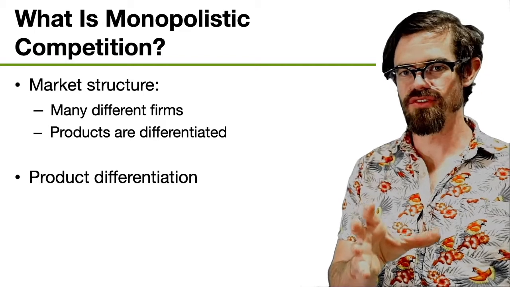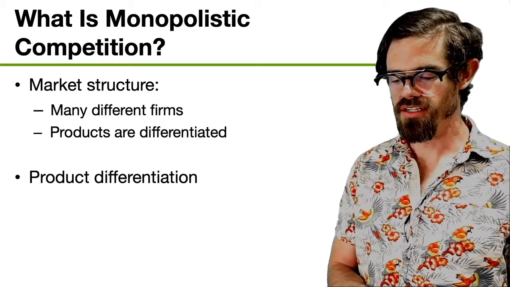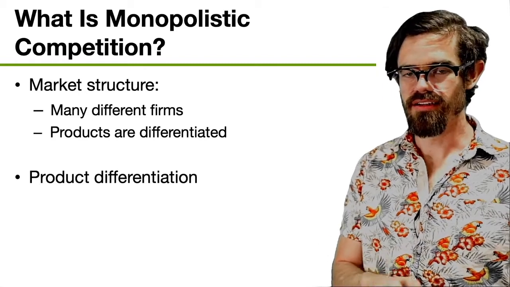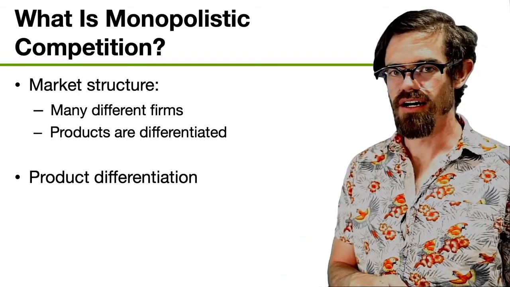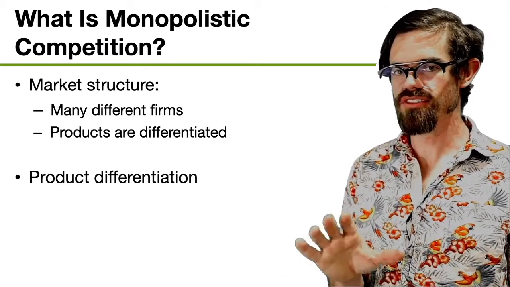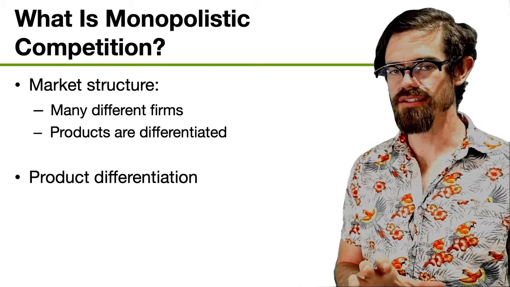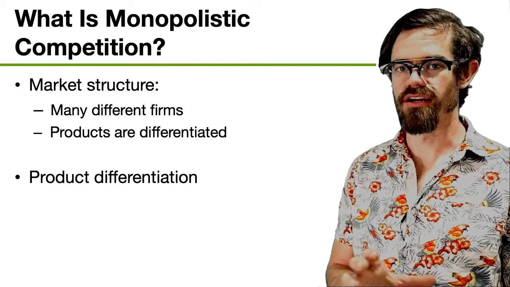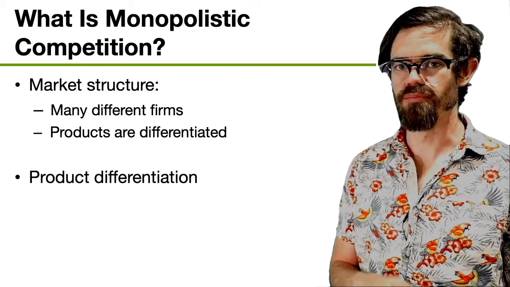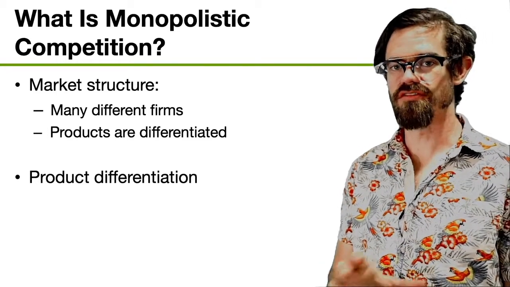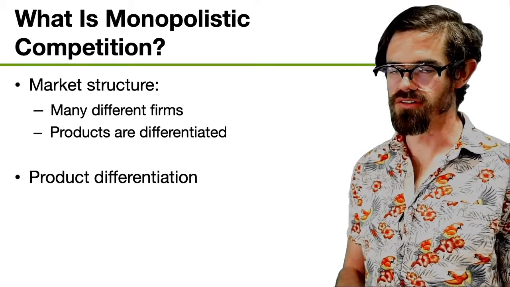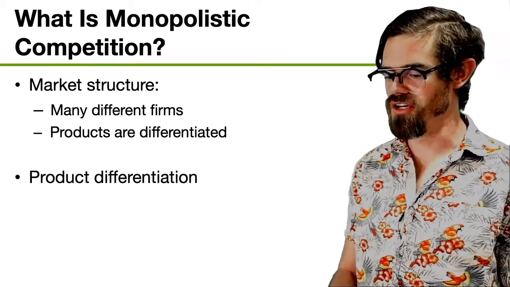So think of fast food, right? That was one of the answers in the practice questions we just saw. Fast food, right? Lots of different fast food companies, but they don't sell identical products, right? It's not like Granny Smith apples or other agricultural products. A Burger King burger is different than a McDonald's burger is different than a Wendy's burger, right? There's differentiation going